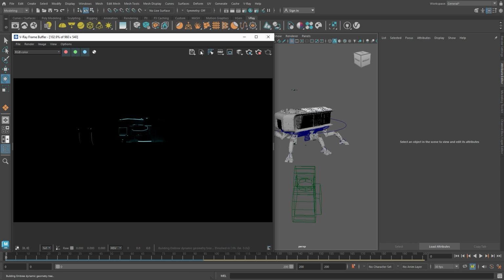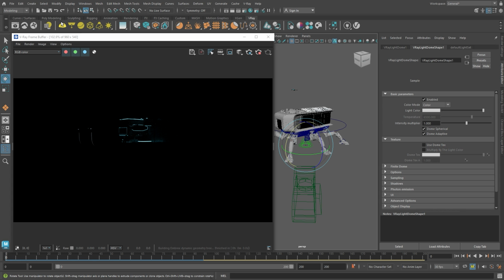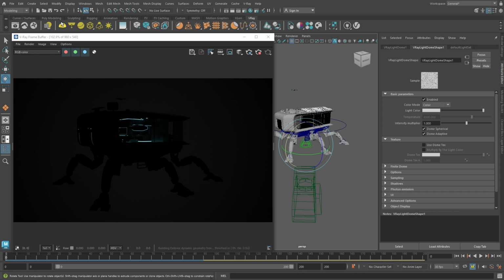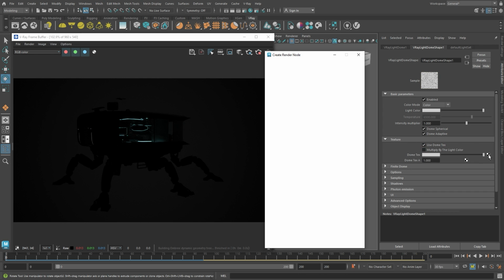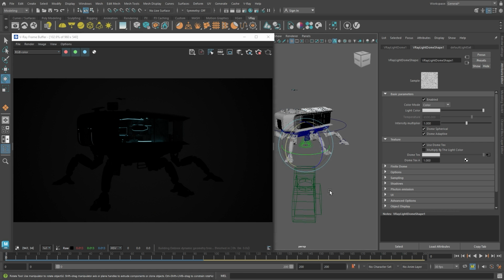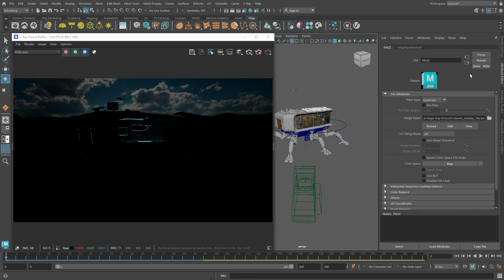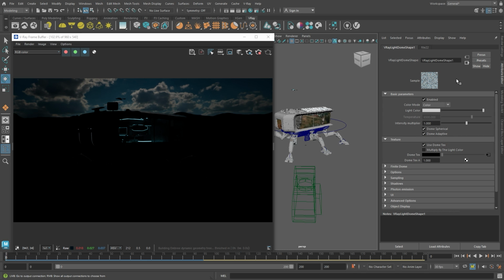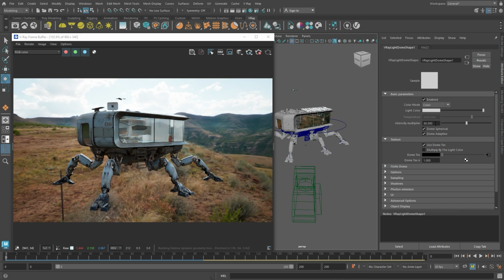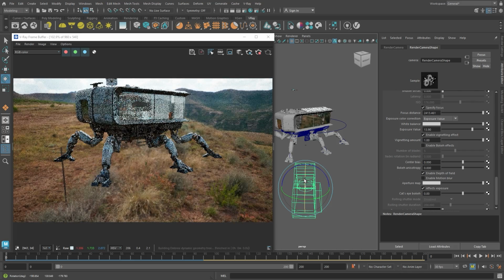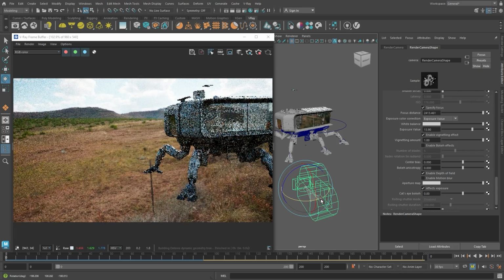The quickest way to get a good reference is to add a dome light with an HDRI. Because the house has mobile legs, it can easily traverse to even the toughest of terrains. That's why we decided that the mountain HDRI would fit best. I'll raise the intensity of the dome so we get a proper exposure. When we rotate around the scene, you can notice that the house is floating. The ground seems very distant.